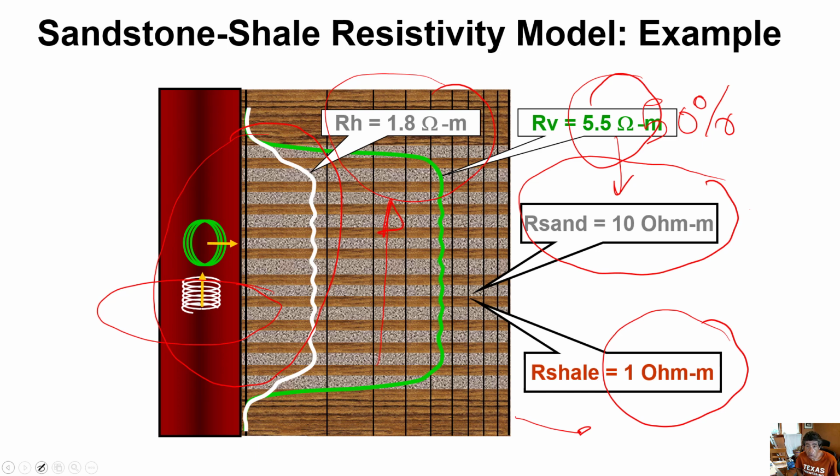The answer is we have to make corrections so that the correction will increase the resistivities to give us the resistivity of the sandstone fraction. And once we know the resistivity of the sandstone fraction, then we can use Archie's equation to calculate the hydrocarbon saturation of the sandstone fraction of the rock, similar to what we did before for clean